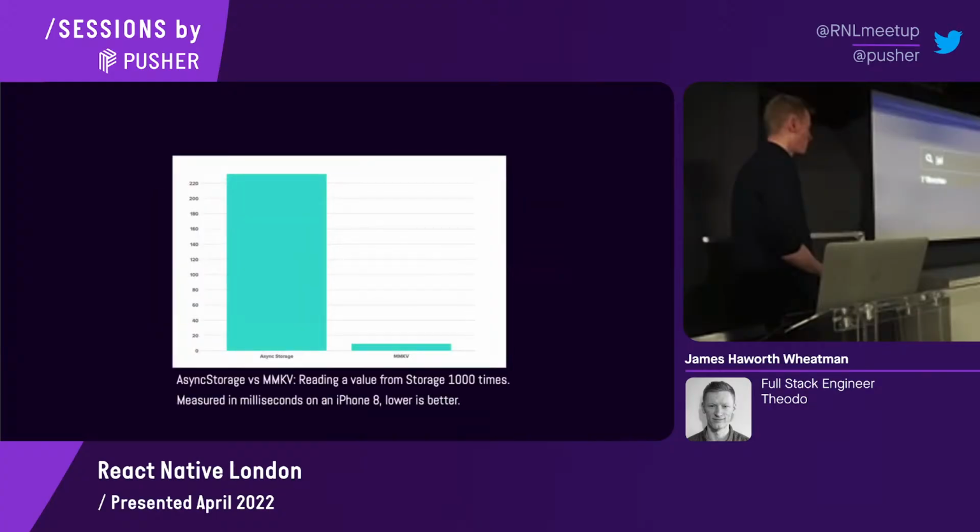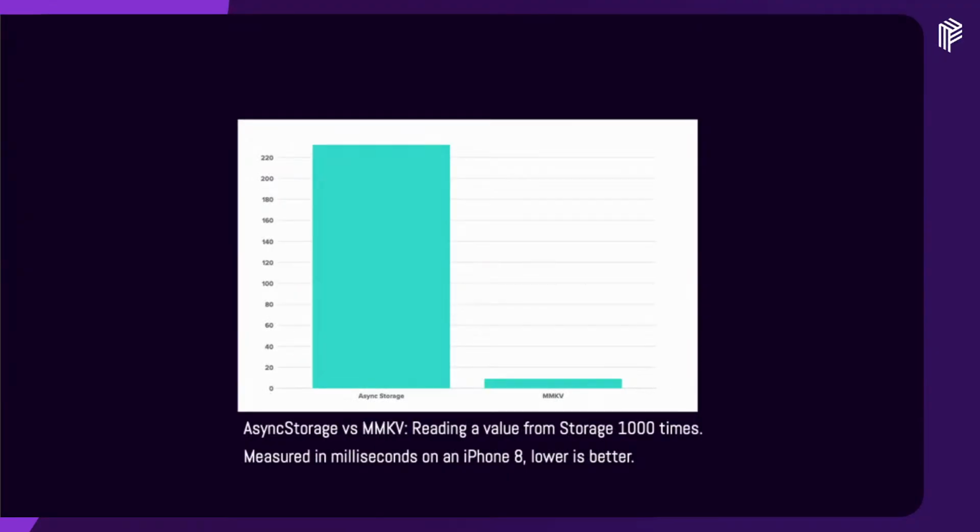So this is an example. There's a library called mmkv, which someone made. It's essentially an alternative to async storage. They've got this comparison where they're reading a value from storage 1,000 times, and look, it's so much faster, which is good. They claim it's 30 times faster than the default async storage, which is really cool. And I suppose one of the reasons is there's no batching of events that you would need to do over the bridge, because you're just directly calling your native function.